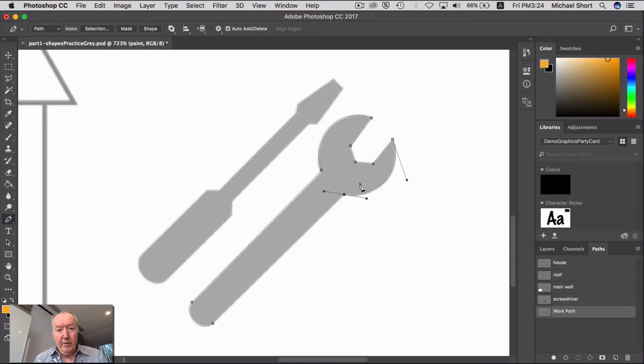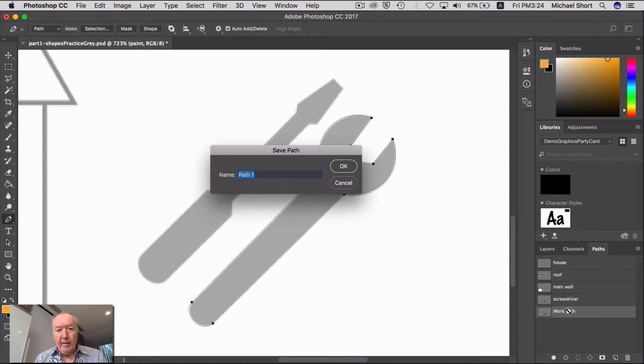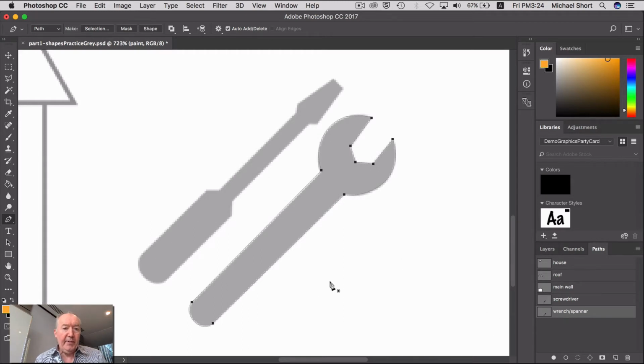Then you want to option click this one to turn that into a corner point, and you can option click this one to turn that into a corner point, as well as finish off your wrench or spanner if you're from the UK. Okay, so that's our first couple of